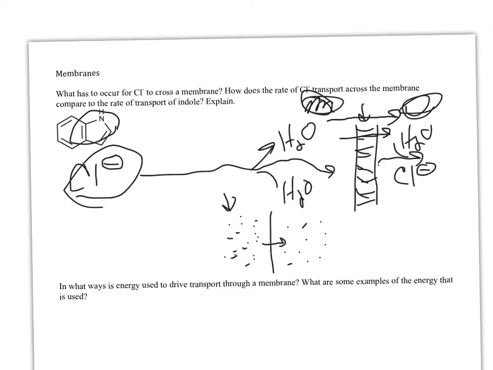Well, it turns out that as you go through this whole thing, the same thing happens with chloride. It's just that the chloride ion is much harder to get into the membrane to begin with. So indole will work better going through. Chloride ion will have such a high activation energy. So if I were to think of transport kind of like a chemical reaction,